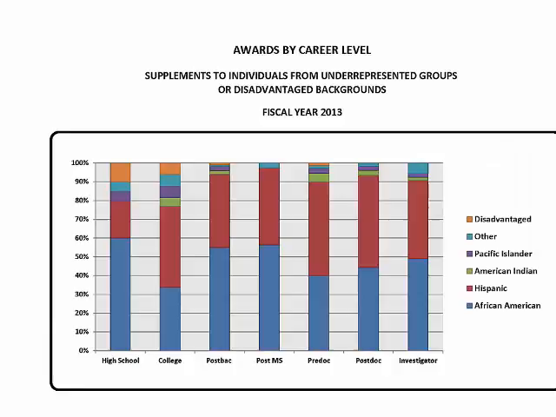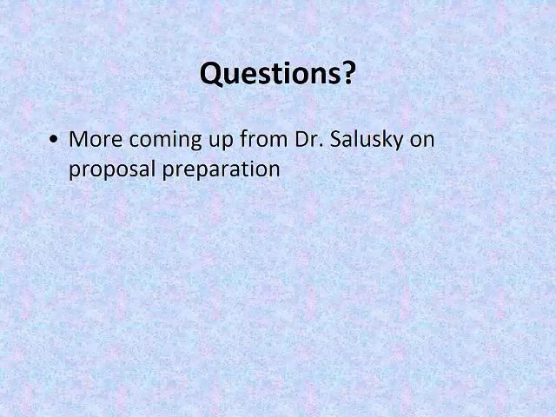If you say, okay, which groups get the most of these? The blue bars are African Americans, and the red bars are Hispanics. But those are probably the 2 groups that they get the most applications from too, right? So I wouldn't necessarily say, if you're from a disadvantaged background or if you're disabled, that you shouldn't apply. It's just that they don't get a lot of applications from those people. So I'm going to stop there.